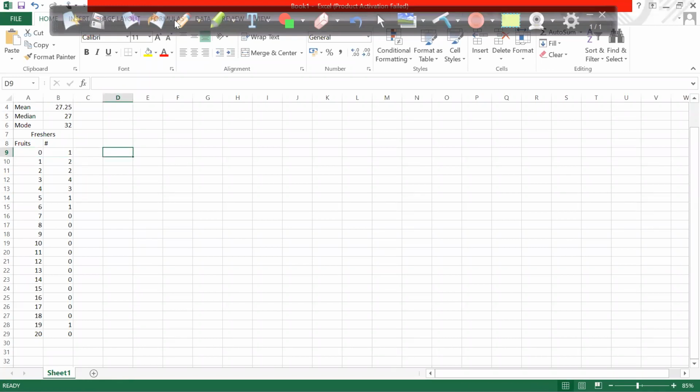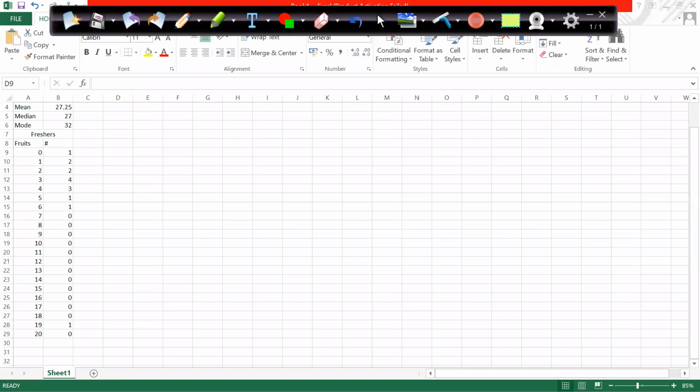So if I write the maths here, it will be 0 into 1, because there is one student who is consuming 0 fruit. So 0 into 1 plus 2 students are consuming 1 fruit. So obviously 2 into 1 I have to take, because the total number of fruits will be 2. So 2 into 1 plus 2 into 2. So I'll do all this maths so that I get the total number of fruits. That is what I'm interested in.